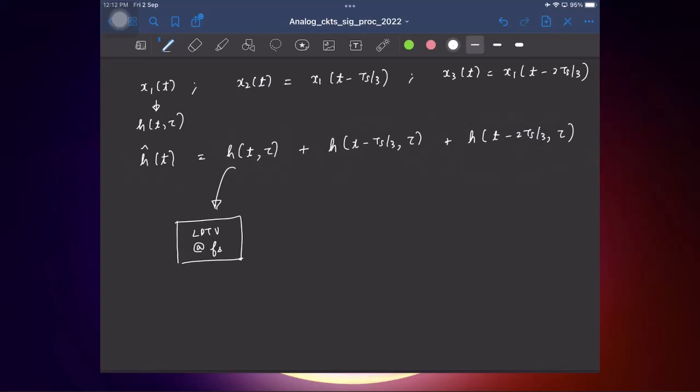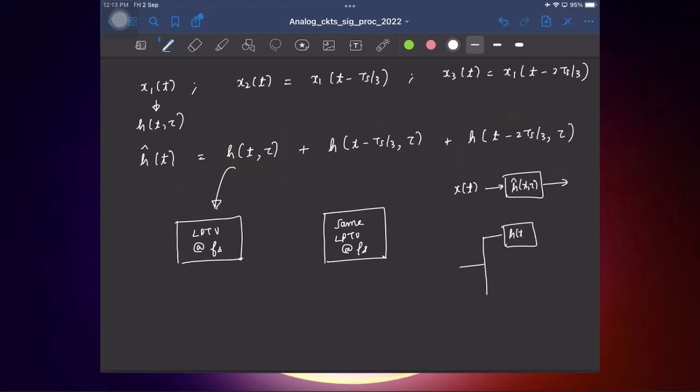Yeah, you're saying it in words, but I have the system. This is the same LPTV system. The impulse should be shifted. But like I mentioned, you don't have control over the time at which the input is coming. The same input: what this says is, I have x of t that goes to h hat of t comma tau and comes out. This is what we are realizing as